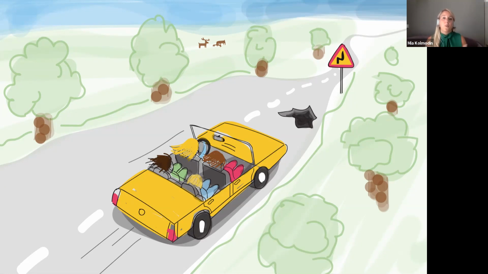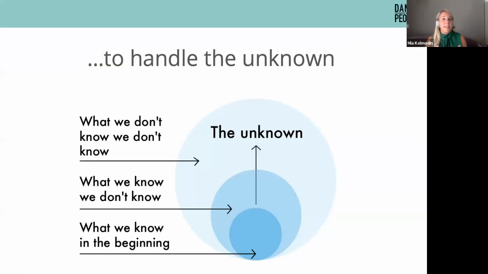So maybe making sure that we have the right type of car and that we leave at the right time so that we can make it on time. These are maybe some of the prerequisites that we need to be able to go where we want to go. So this is why we want to work Agile, so that we can make a not too detailed, more high level plan, and make new decisions along the way, so that we can handle the unknown. So when we're in the beginning of a big project, we might not have all the details at hand,